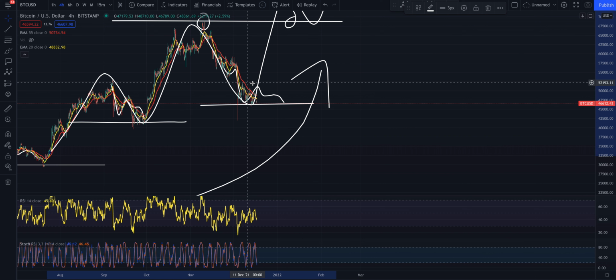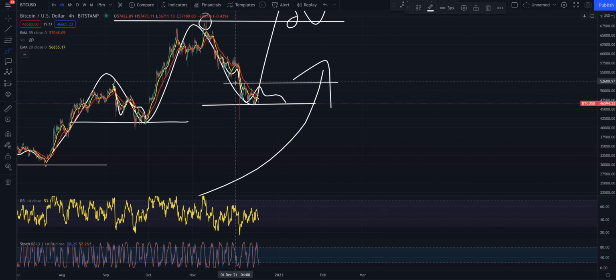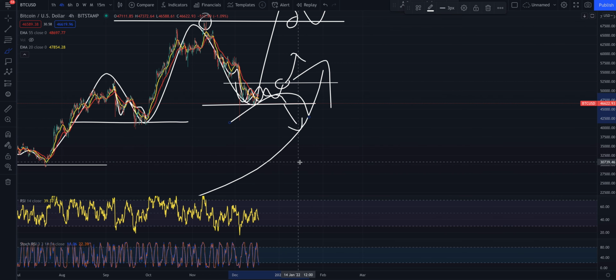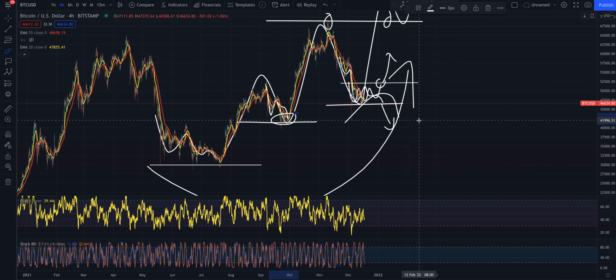You are just going choppy sideways. You're literally just currently going choppy sideways between a level of support and resistance. Once you break out of that, it's fireworks. If you break down, it's negative, and this is where you consider your place in crypto, especially if you start losing that 39k. So yeah, that's a little update on Bitcoin, guys.